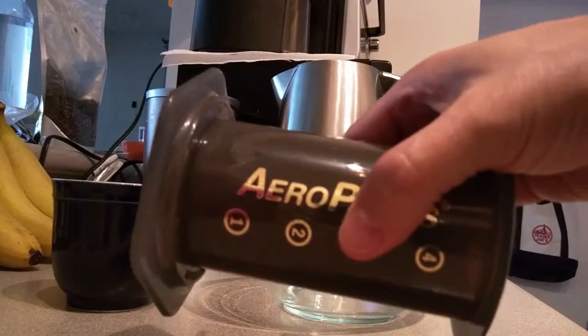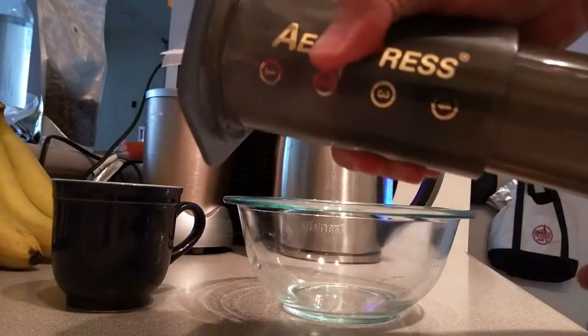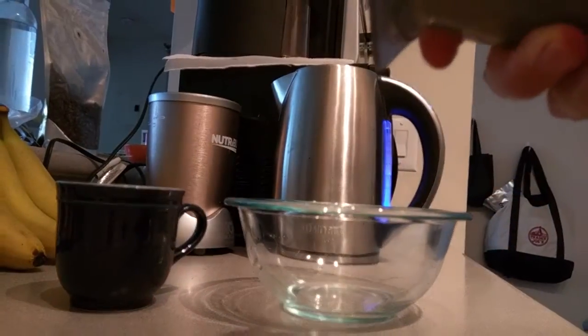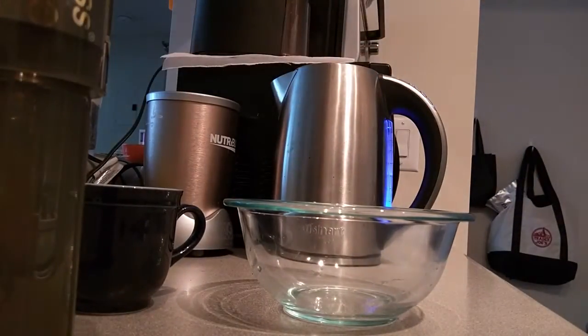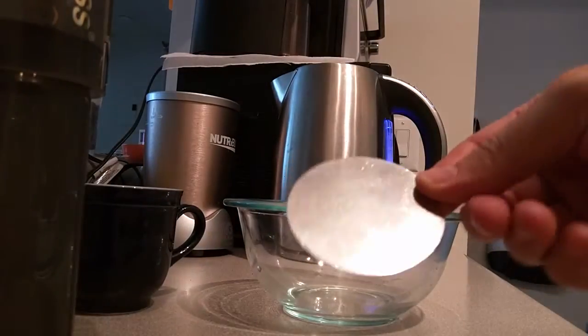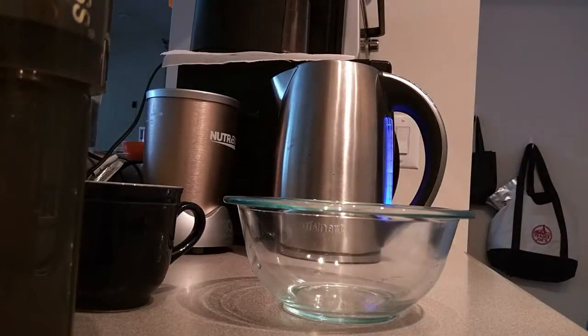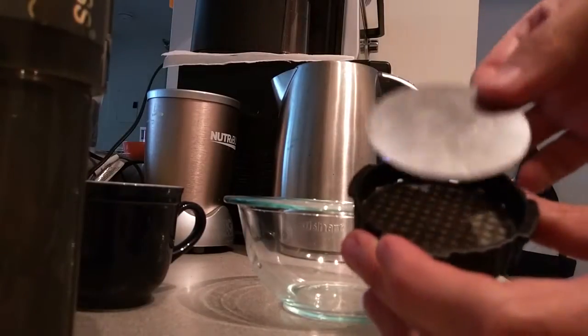But this little baby has that nice big stopper in there, and that, when you pull back, will generate a ton of suction. So what you can do is set this up for inverted brewing. Get yourself one of those, the metal brew disc for the AeroPress, and use a paper filter. You could probably get away with just the metal disc, but the paper filter, I think, actually helps do a little bit extra filtering on it, and I'll show you what I mean in a second. But put the paper filter in first. I've already wetted this. Put this on top